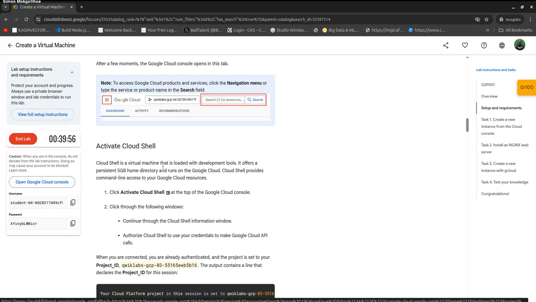Okay, so before I jump in, I know the time has started. What I want to show you guys, when you start doing these labs, you'll get a similar setup to the one I'm showing you right now, right? And where it says Open Console, just hover over there, double click, and then drag it to your next tab. What that will do is it will open up another tab where the actual lab will be running.